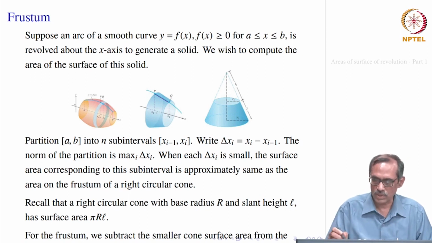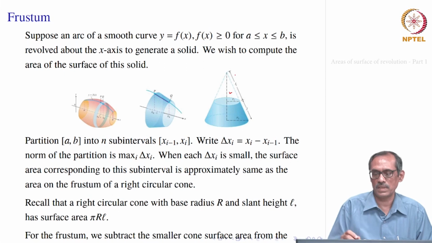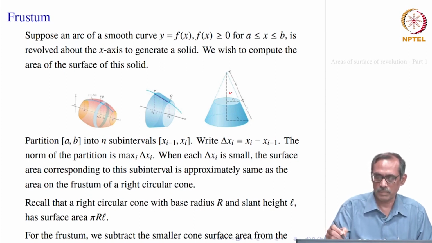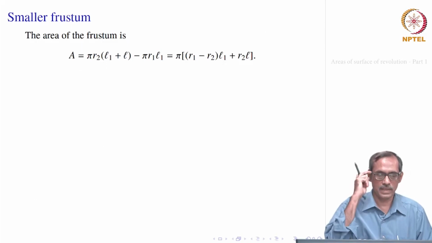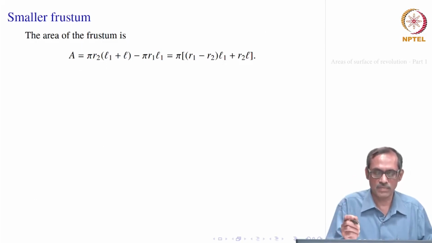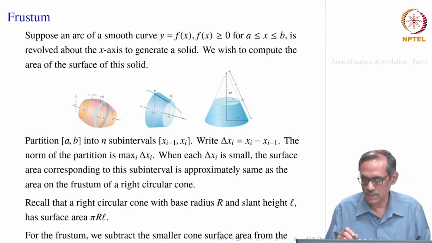So, for the frustum what we do? We take the full area of the cone and then subtract the part which is white here. So, subtract from this full area the white portion of the cone. So, if that is small l, this is capital L minus l, it will be pi r, but this r also will change, r will be the top one now. Okay, let us find it out. So, area of the frustum will be pi r2 times. Let us look at the picture.